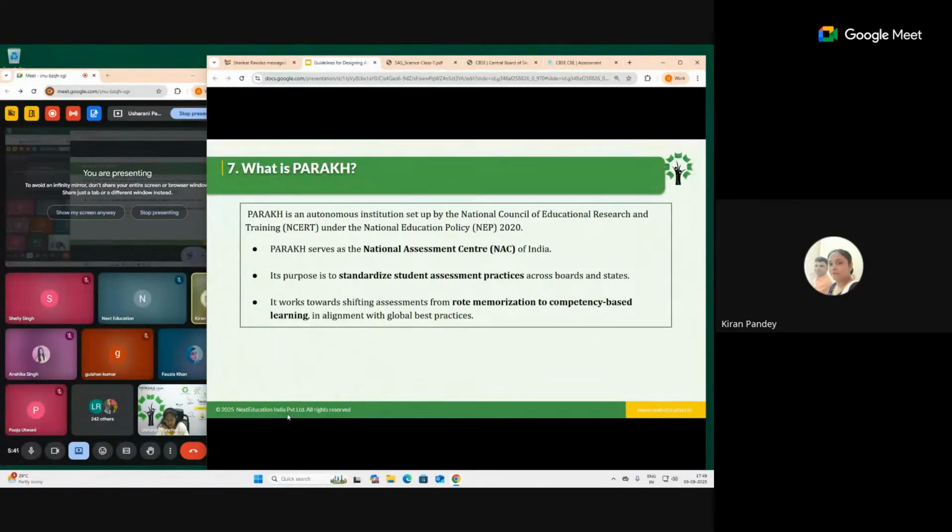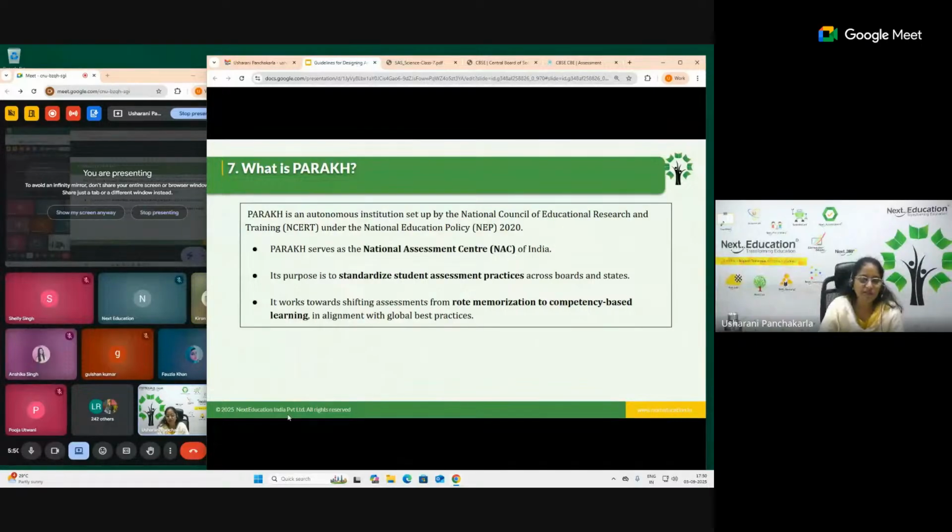Last time I didn't attend the meeting, but we can think that our motive is to get success when students understand and do not rely on rote learning, because rote learning is not allowed in CBSE. If we give real life examples, they can understand in future and think about what is right and what is wrong. So I think PARAKH is the most important, for the teachers as well as the students. If you have heard the story which I gave in the beginning, you will get the answer for PARAKH.